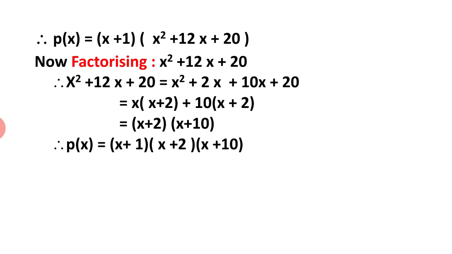Is it okay? So summarizing the process for factorizing cubic polynomial, what we need to do, we have to first guess or first fix one linear polynomial as factor, then division to get the quadratic polynomial, and then factorizing it by splitting the middle term and getting three linear factors. But let me tell you, every time you may not get three linear factors, linear polynomials as factor. You may get sometimes one only, or sometimes 3. Is it okay?